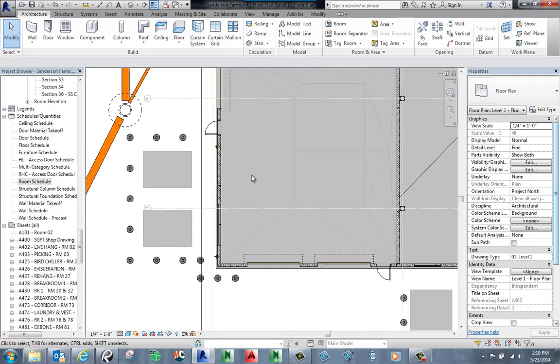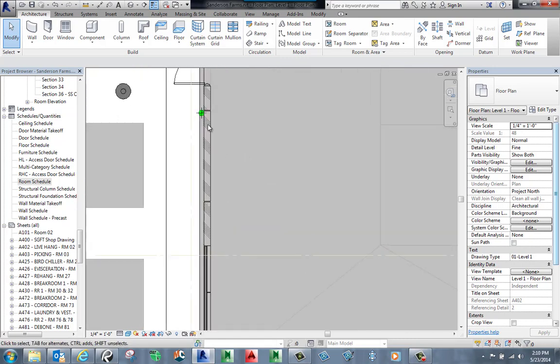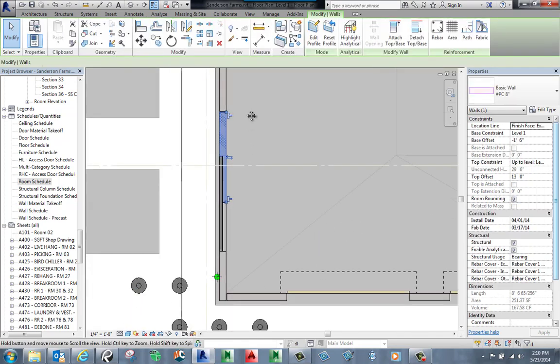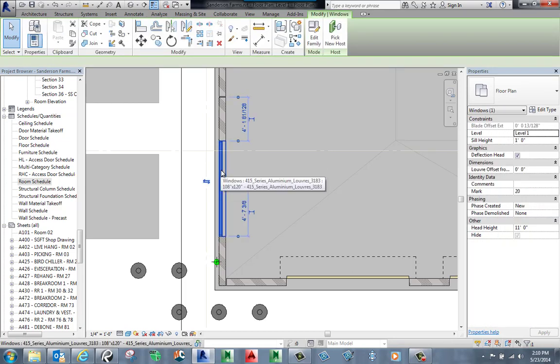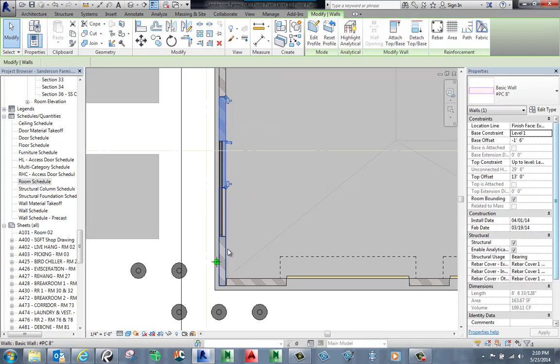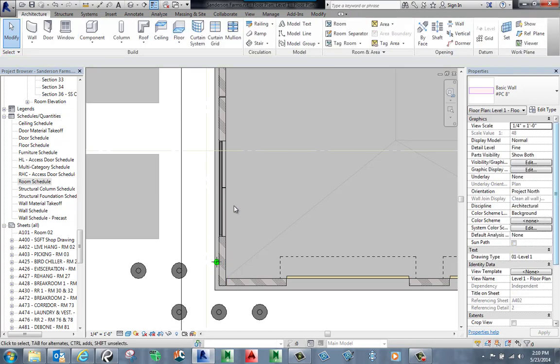What was happening was the engineer had issued the Revit model as precast walls, and rather than doing one continuous wall with joints in it, they made all of these precast panels individual walls. And so when we put our window louver in, it has to be hosted by the wall, and so that window louver is hosted by this wall, but it's not by this wall. And so what I had to do was to make it cut this wall right here,